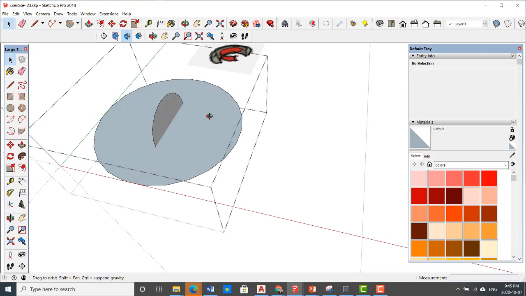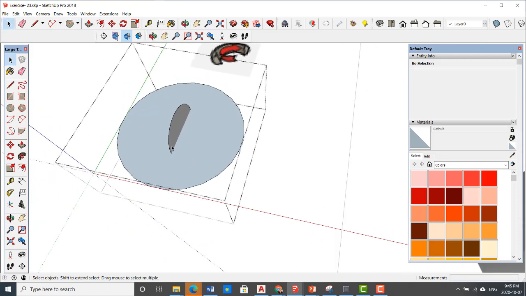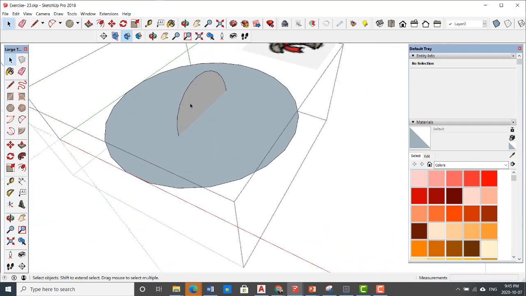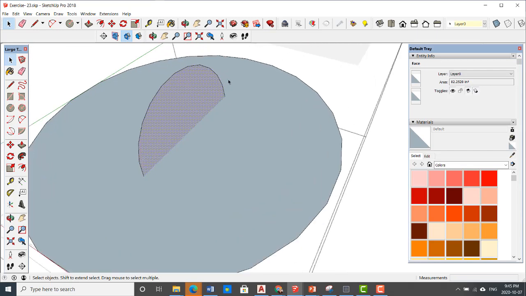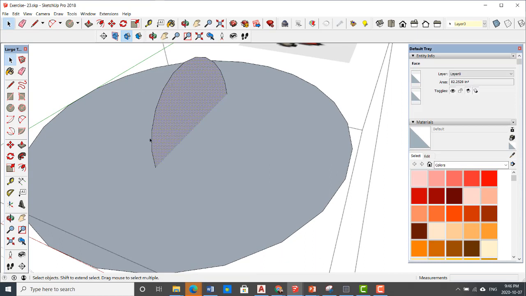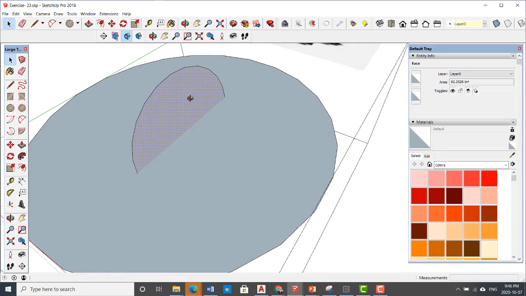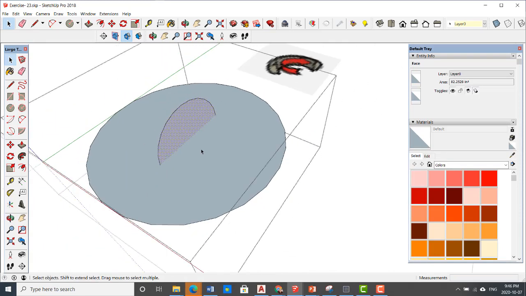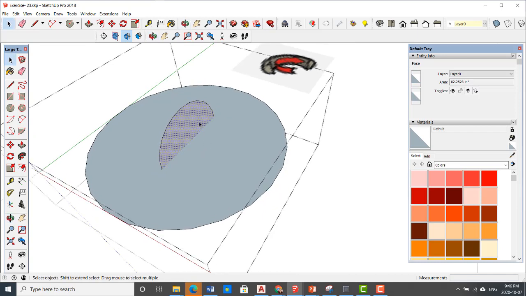Then I use the Follow Me tool for this, okay? Remember, first I can select the path. So if I select the surface of this circle, this surface is kind of made by this perimeter. So basically, when I select the surface, I'm selecting the perimeter of this circle too. Then when I have my path,